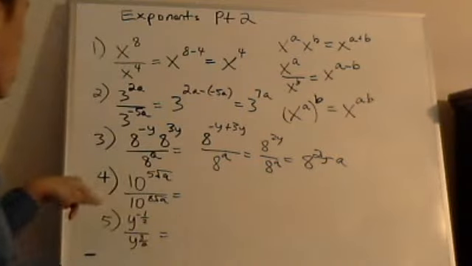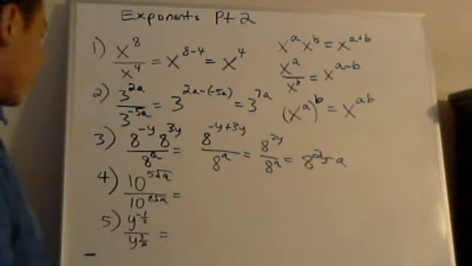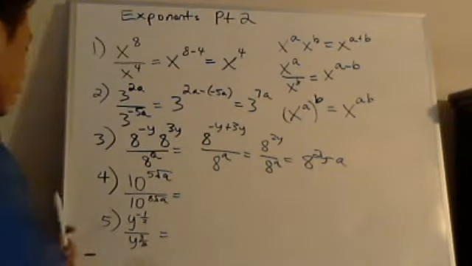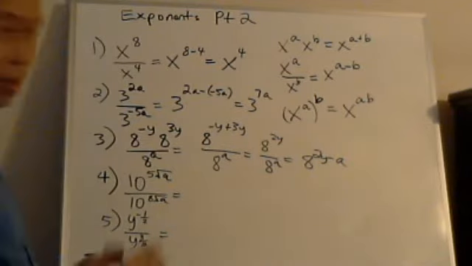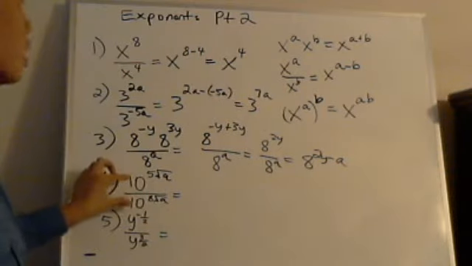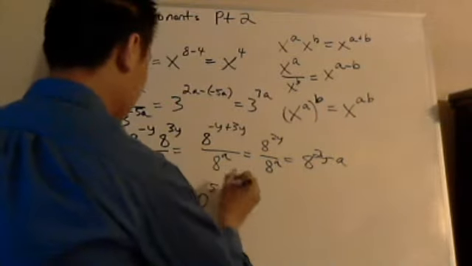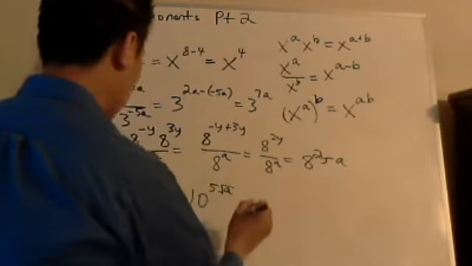Okay. Number 4. So we have something now. I'm putting radicals on the exponent again, so you get a feel. Radicals are just like numbers, just like everything else. So you have 10 to the 5 root a power divided by 10 to the 8 root a power. So what do you do there? Same rule. Since they're the same base, make sure they're the same base first. And they're dividing, so we're subtracting. That's it. So we get 10 to the 5 root a